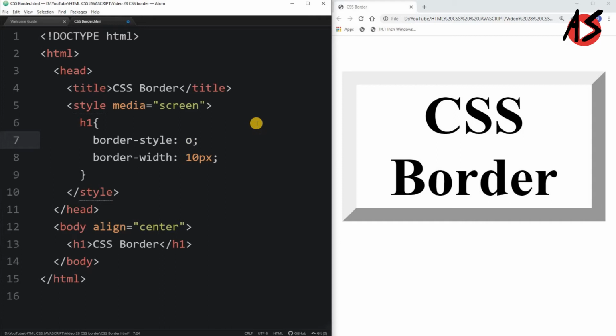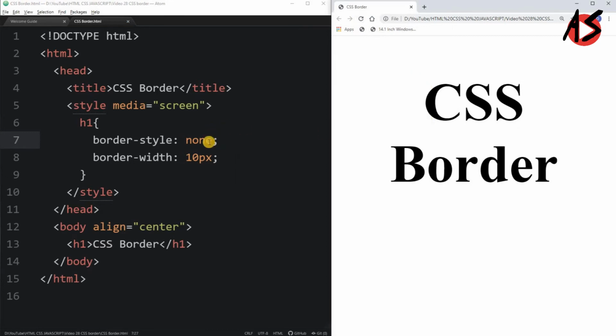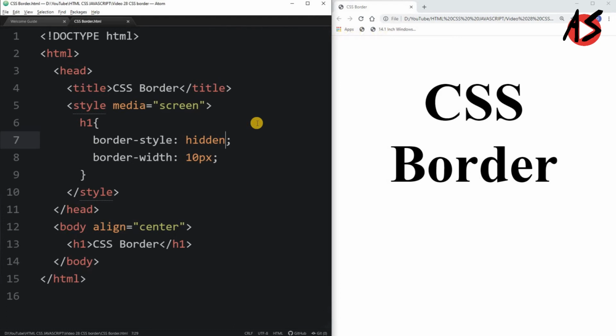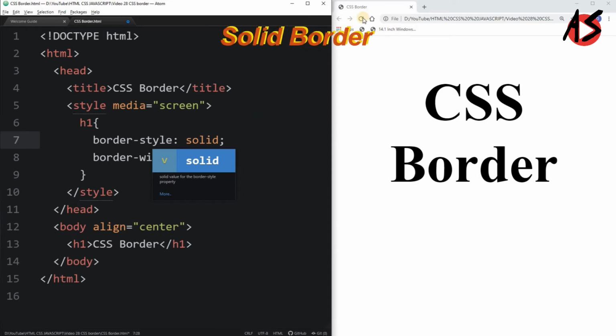Now you can set the border to none, so your border is not set here, or you can write hidden, so your border is not visible; you cannot see the border once you set the border style to hidden. Now you will take the most commonly used border style, that is solid.